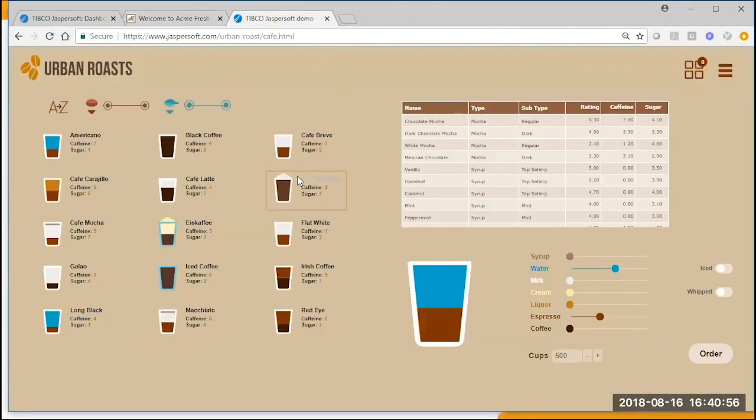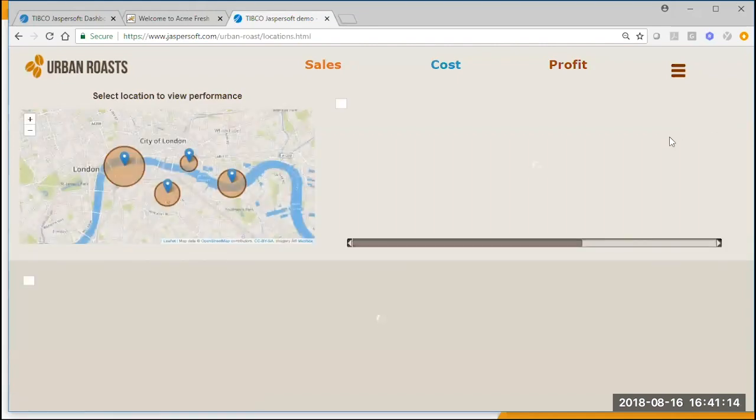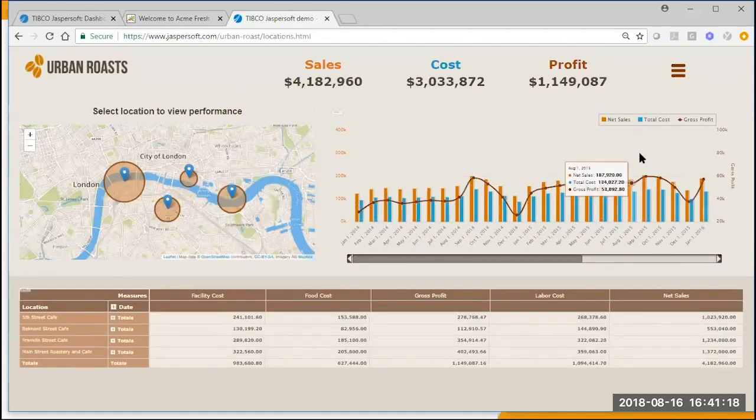Now, one other area is a few more things to show you about embeddability. Jaspersoft can be used to provide data to third-party visualizations. This screen has a lot of different images on it. The data for those images were provided by Jaspersoft's ad hoc view. Our location page has 4 other charts on it. 3 of these charts are ad hoc charts that have been reformatted and styled to match my look and feel, from the summary report to a detailed chart down to the product,